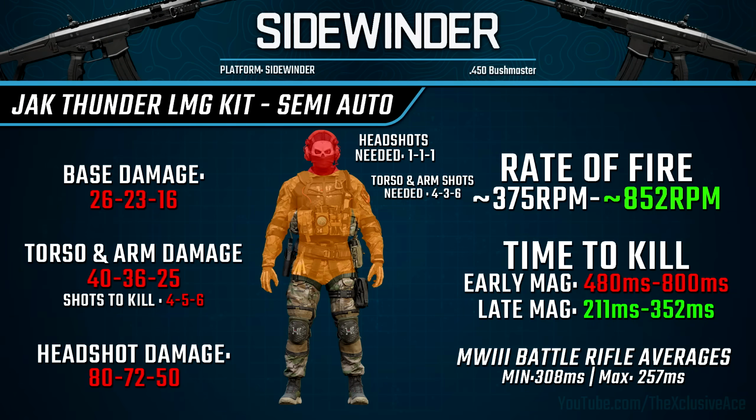It turns out with this, our torso and arm damage when you swap over to semi-auto is the same as our full auto damage profile to the torso and arms. However, we actually see very noticeably reduced damage to the legs, so it's a lot more punishing with leg shots when you're in semi-auto, and in order to compensate for that, we do get a very noticeably boosted headshot damage